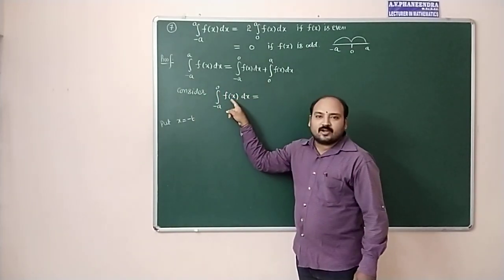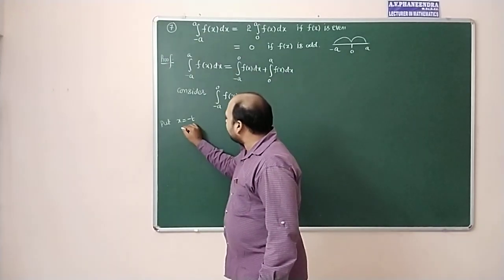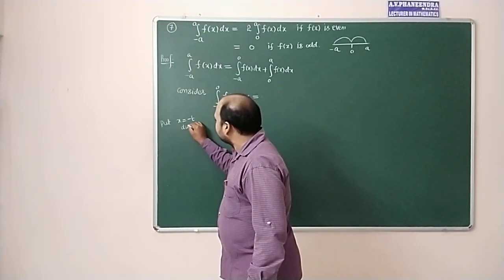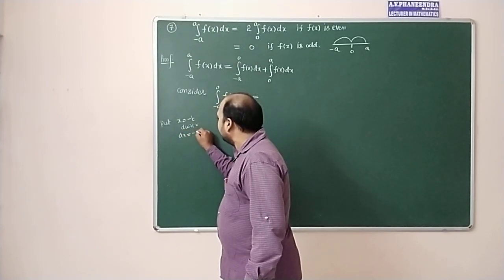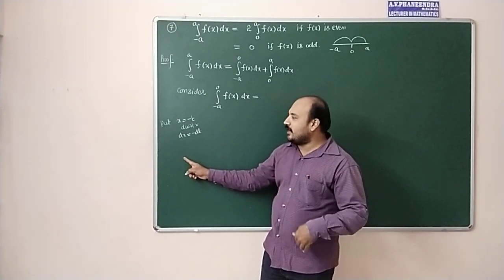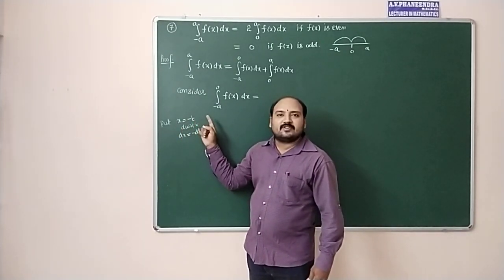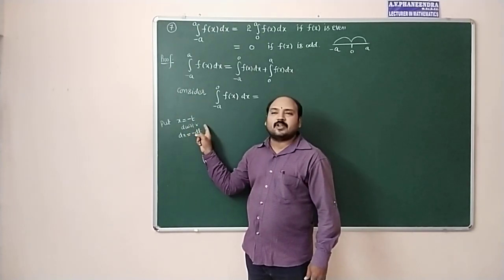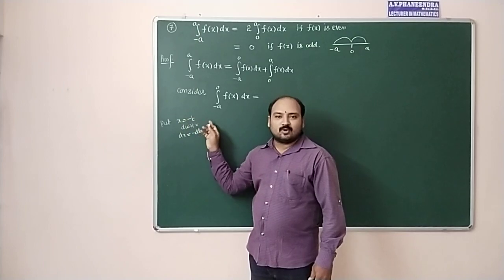Here the x value is there, no? That x I am taking as -t. After that, differentiate with respect to x. So dx is equal to -dt. Here I am writing directly. Previously, what were we writing? The derivative of x is 1, the derivative of -t is -dt/dx, because with respect to x. Cross multiplying, dx is equal to -dt.